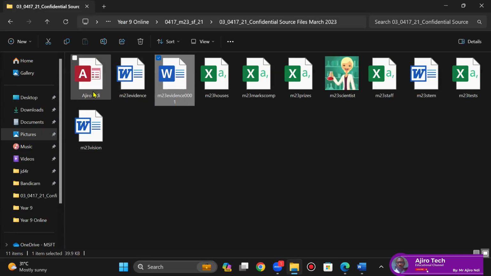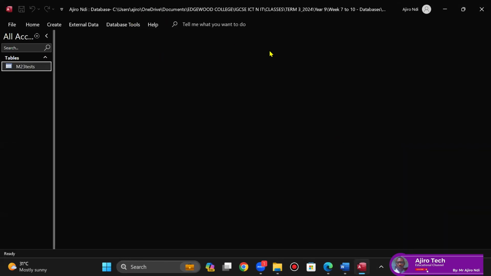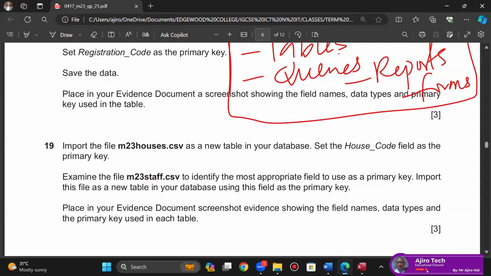The first thing I have to do is to open my database. And don't forget to enable content. Very important. Don't forget to enable content. That's if you have it here, just enable content. All right, so what I will do here is move this so it's easy for me. Import the file